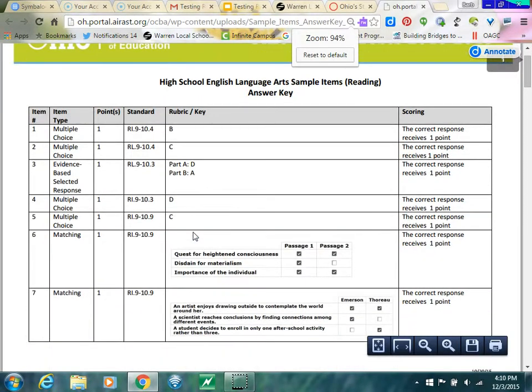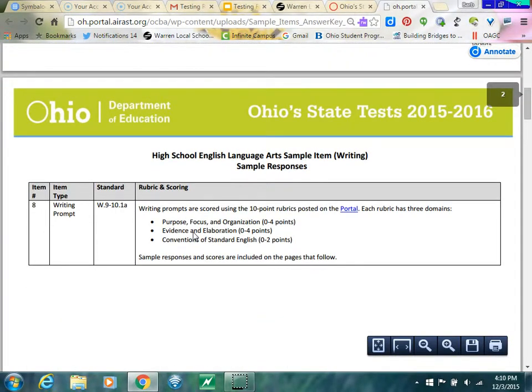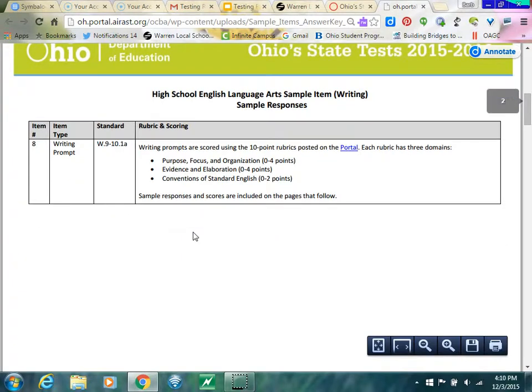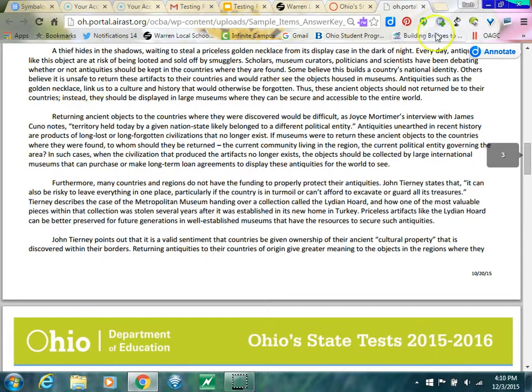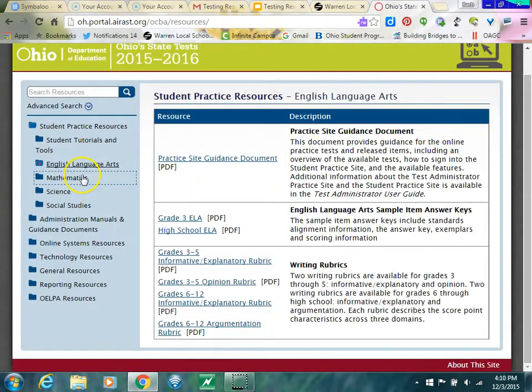There's also one for high school as well. I don't know how many high school teachers we have, if any, in here. But they have them in here as well. So that's for ELA. For math,